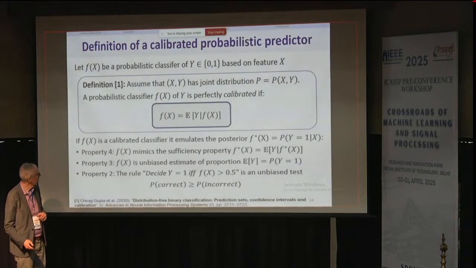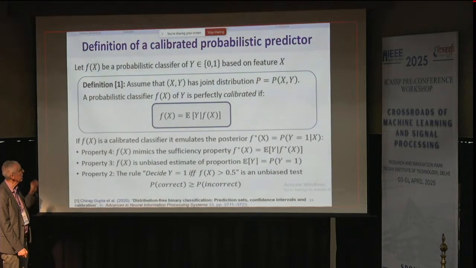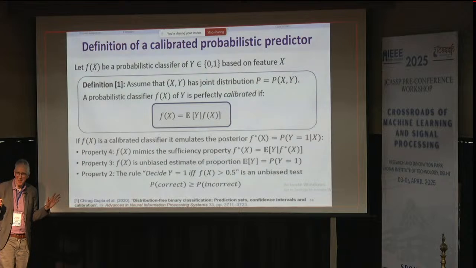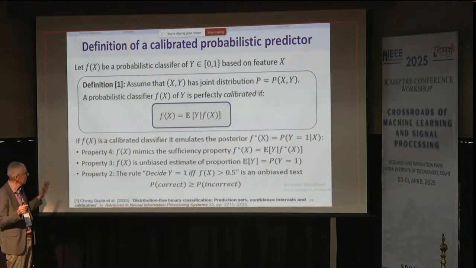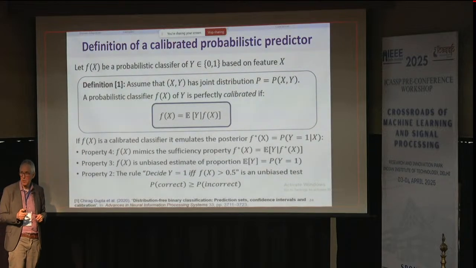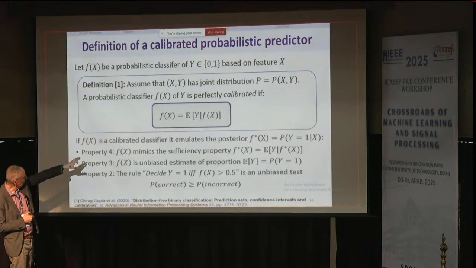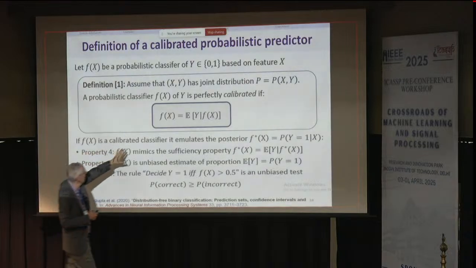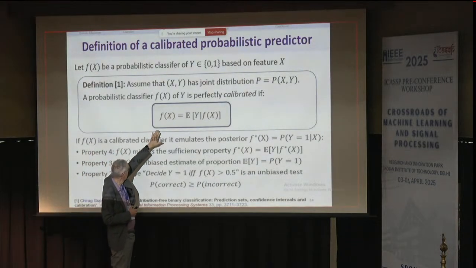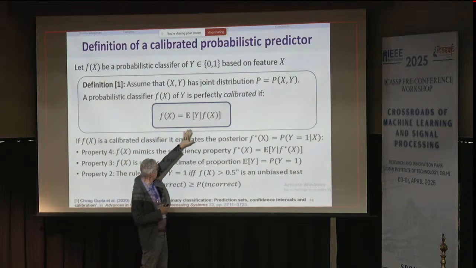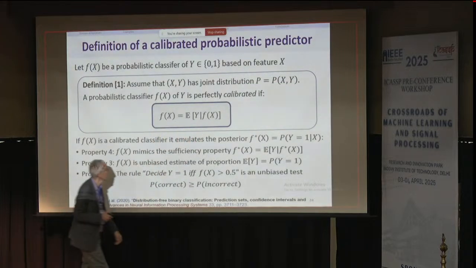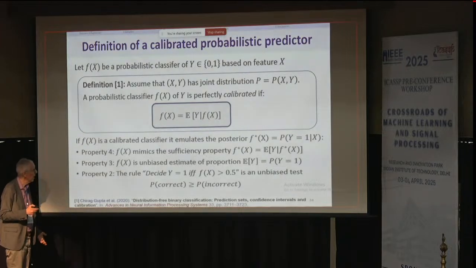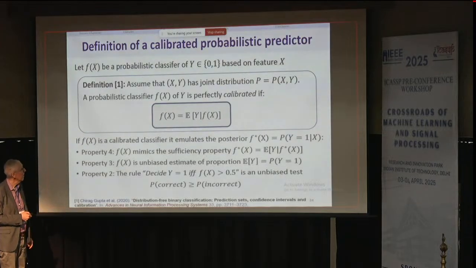All right, so there's the condition for a general f, not necessarily the conditional probability, but the output of your black box. So if your black box happens to give a probabilistic classification f of x that is equal to the conditional expectation of the response variable y, the label, given f of x, then it's called perfectly calibrated, right? So